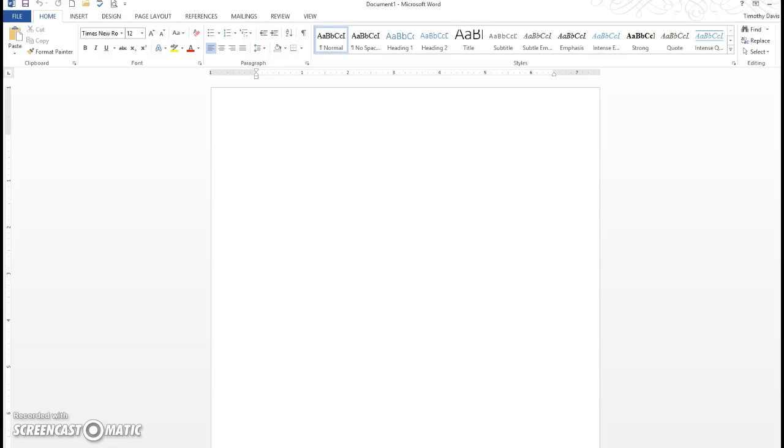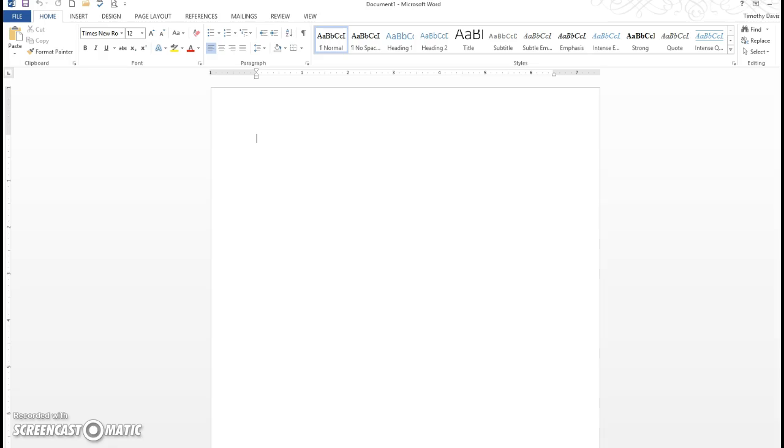Today I'm going to show you how to format an APA, and if I have time, MLA document in Microsoft Word. So I'm using Microsoft Word 2013. This is not Google Docs. If you're using Google Docs, it's a little bit more difficult to format, either using APA or even MLA. A little bit easier in Google Docs to use MLA because you don't have to have a running head like